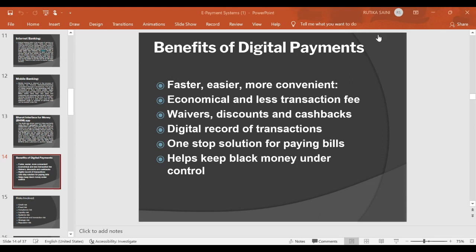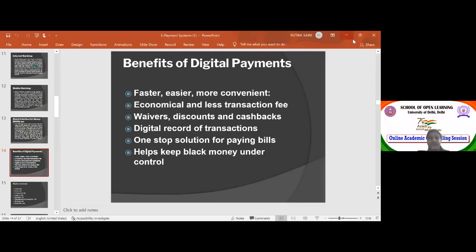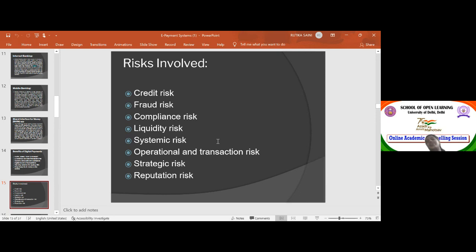Okay, let's come to the next point. Now we'll discuss what are the risks involved in e-payment systems. Although it has so many benefits, and that is why we all have switched from physical payments to electronic payments, still there are some kinds of risks involved. So the first risk is the credit risk. Credit risk means